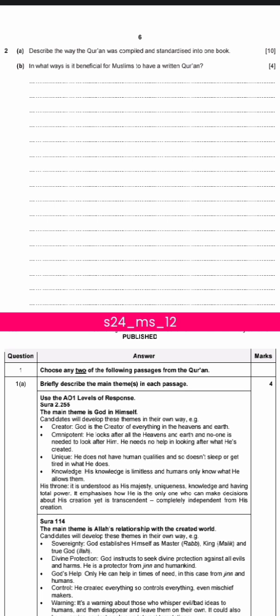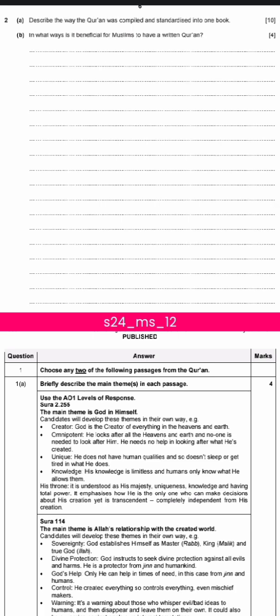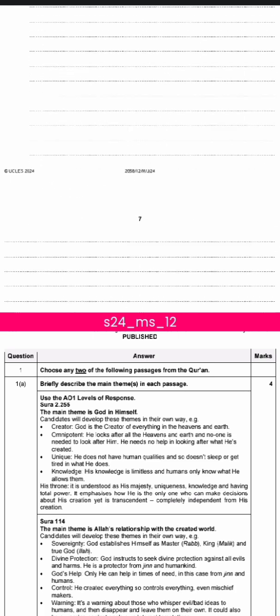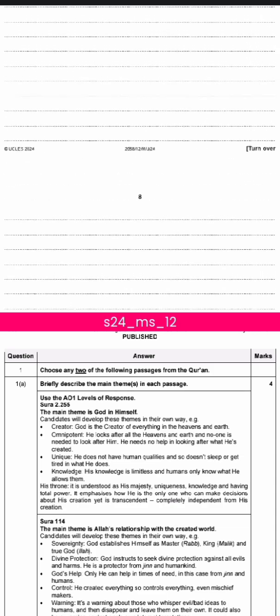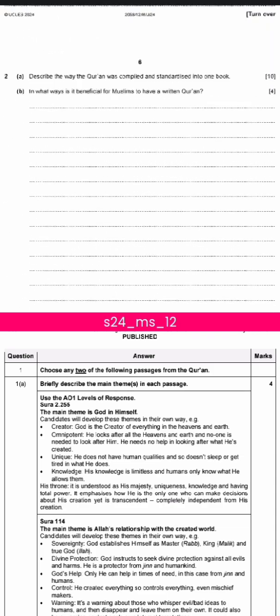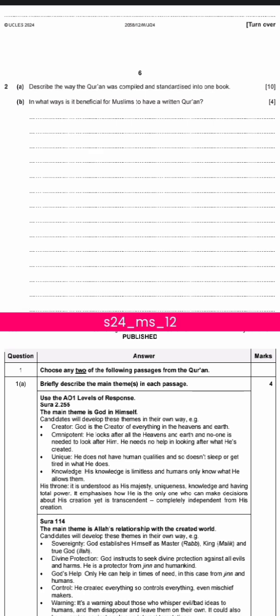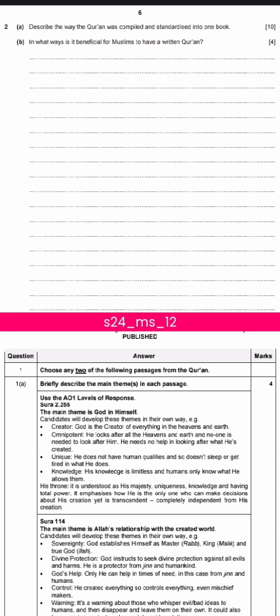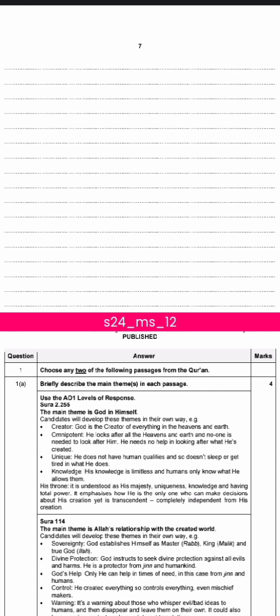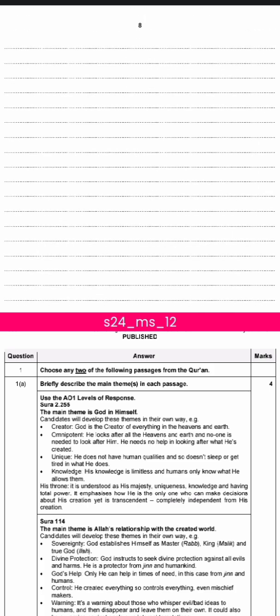In a 10 marks question, we are usually told that we have to write 350 to 450 words. But that's not necessarily important. As you can see, we have only 3 pages for a 350 to 400 word question, and also a 4 marks question which is around 100 plus words. So we can't actually write all that. What we do is dedicate 2 pages to the 10 marks question, and the last full page to the 4 marks question.